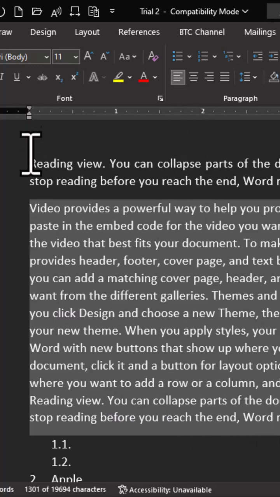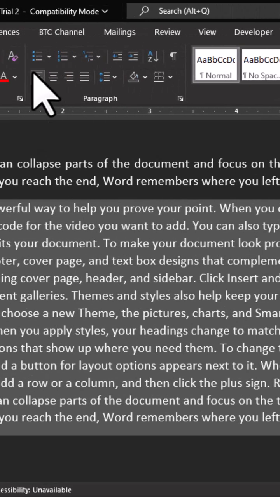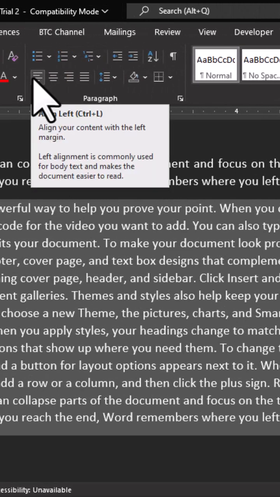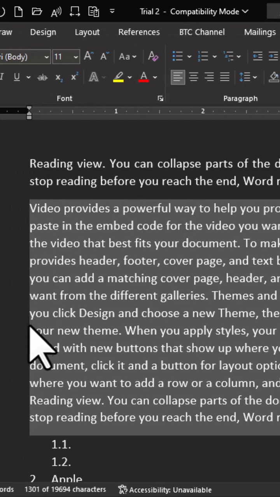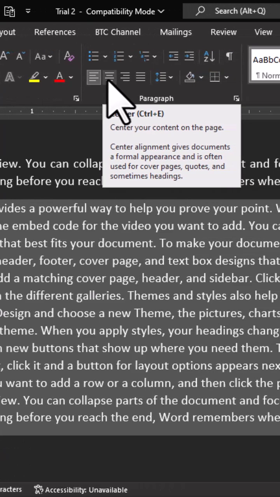So this is the starting of my margin and this is the end of my margin. But when you look at the end of this text, they are not fitting or matching this particular margin. This is because I have used the align left option, which is focusing on the left margin. When you move to the second one, this is called the center alignment, and the screen tip says center your content on the page. And center alignment gives documents a formal appearance and is often used for cover pages, quotes,